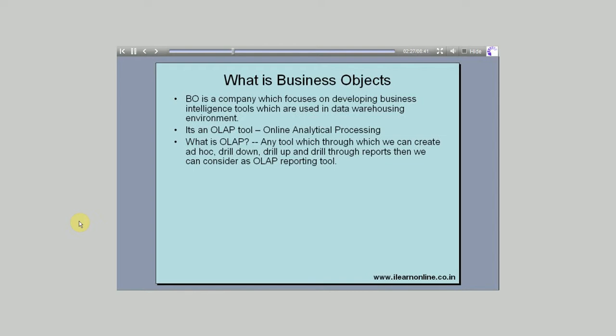When it comes to the tool, it basically reports the data we have in our data warehouse. Now what is the difference between a reporting tool which we use in a data warehouse versus a reporting tool which we use in operational systems? In an operational system, you will end up getting only reports which are already predefined. If you take the example of a telecom company, there may be 200 reports which they need to run their day-to-day business, and only those 200 reports are designed,